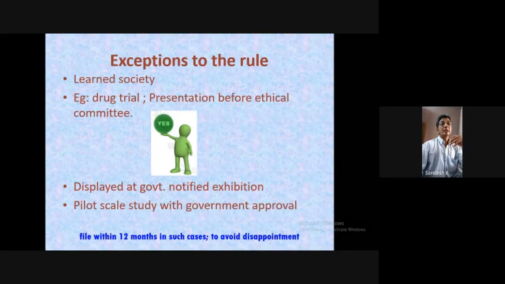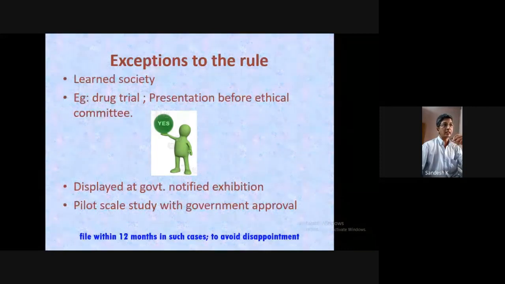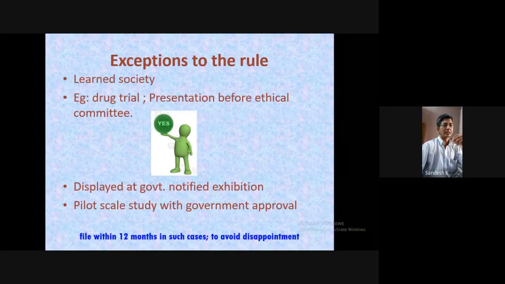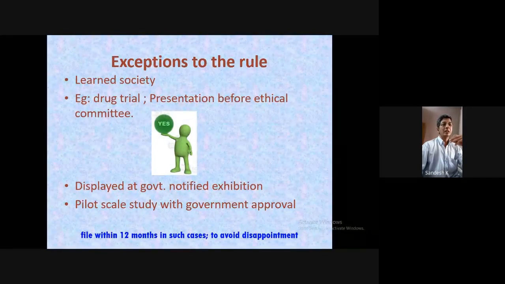Then drug trials, these vaccines and all. A first trial takes say 2-3 months, then another 2-3 months for the second stage of trial. Without the trials, they cannot go for filing a patent, and without filing a patent, they cannot do a trial. It is an egg-or-chicken-first situation. So again, this is an exception to the rule for drug trials. You go ahead, and once you establish the efficacy of the vaccine or drug, then you come back to us for filing a patent.